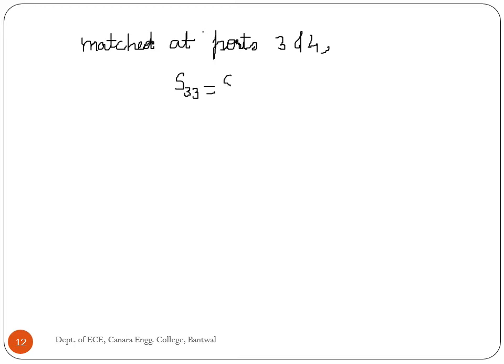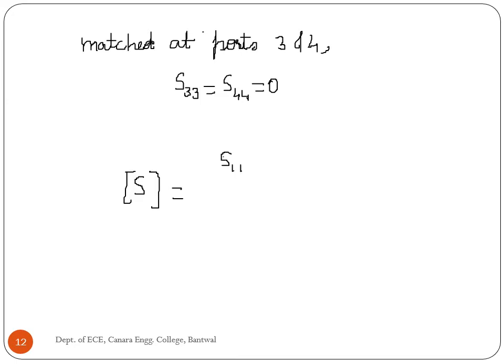Therefore, for an ideal lossless magic T matched at ports 3 and 4, S33 is equal to S44 is equal to 0. Therefore, the S matrix for a magic T matched at ports 3 and 4 is given by